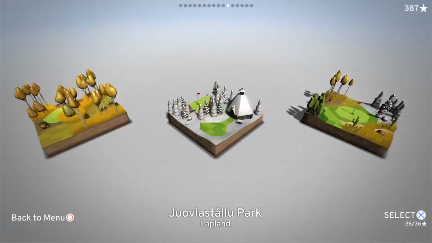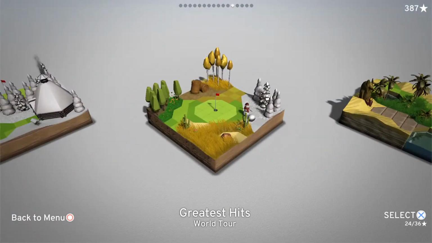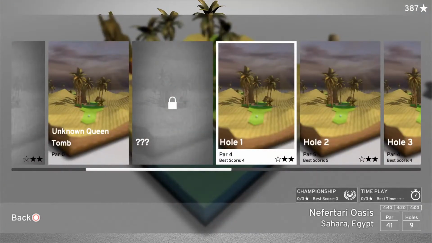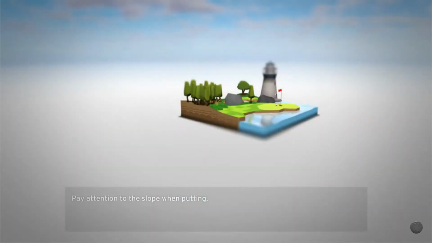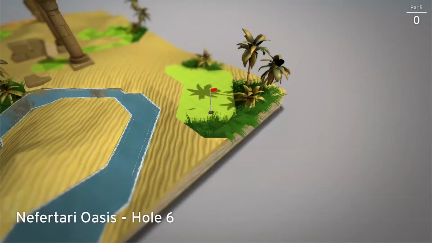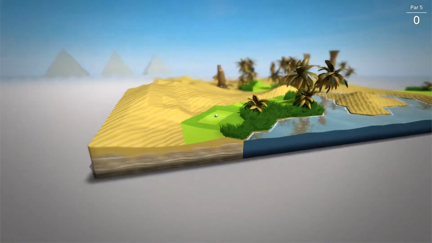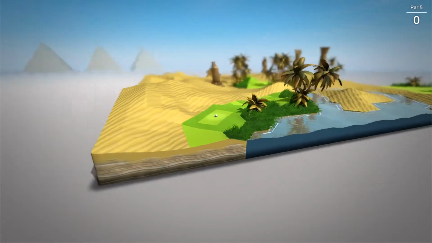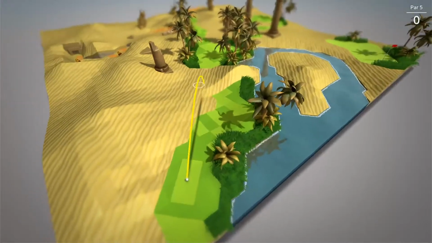So this is Lapland. We're gonna skip the next course, which is the greatest hits. It's a little bit of everything we've already played, and we're gonna go to warmer weathers, warmer skies as it were, in the Egyptian Sahara. Of course, it wouldn't be complete without an oasis and the pyramids. So you get to see them from far, but if you explore the course a little bit, you actually might get closer to them than